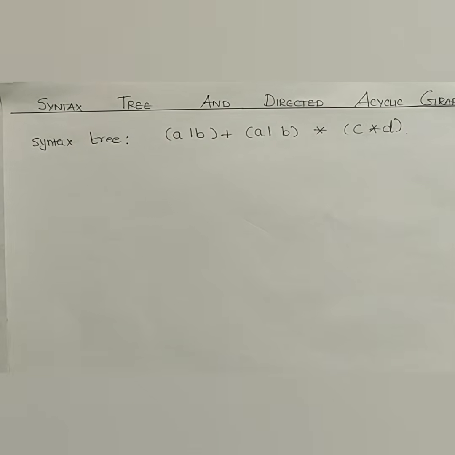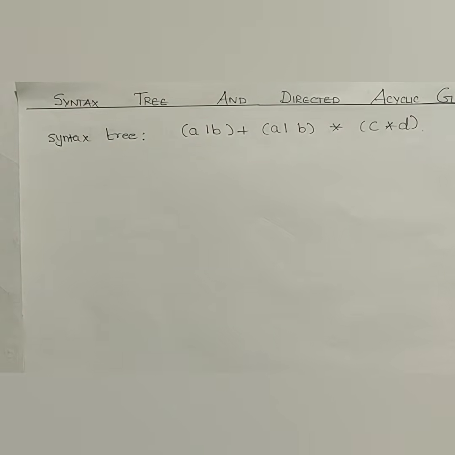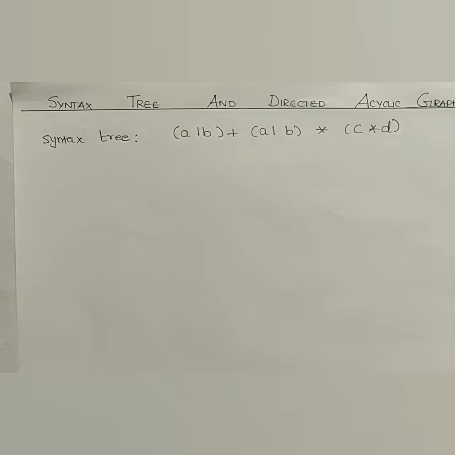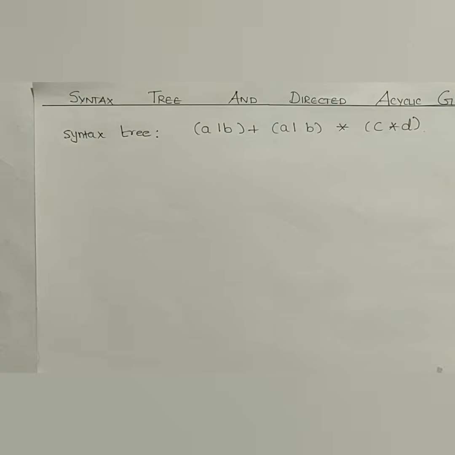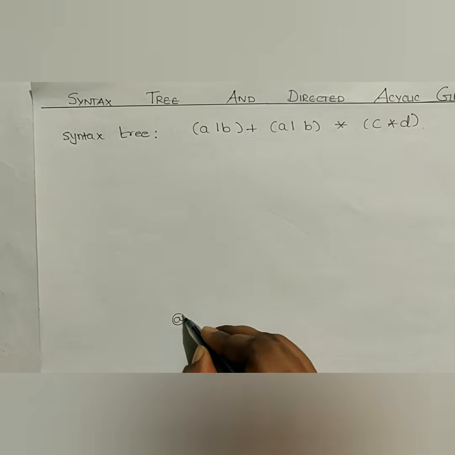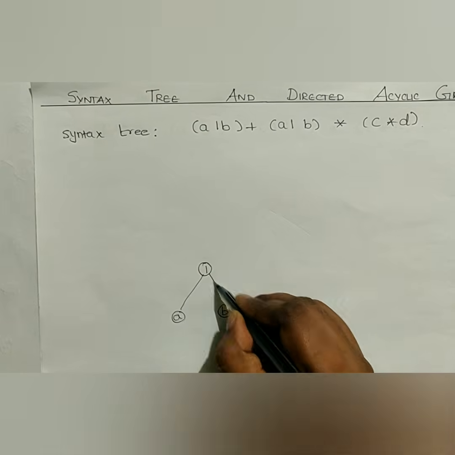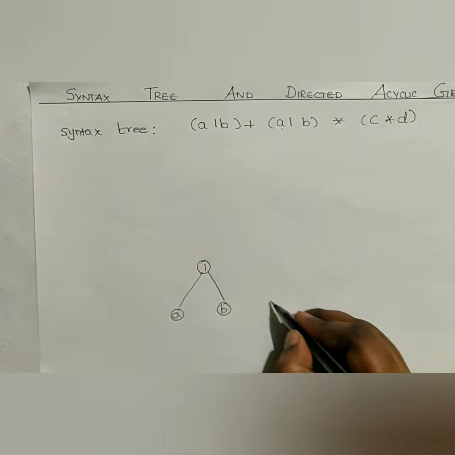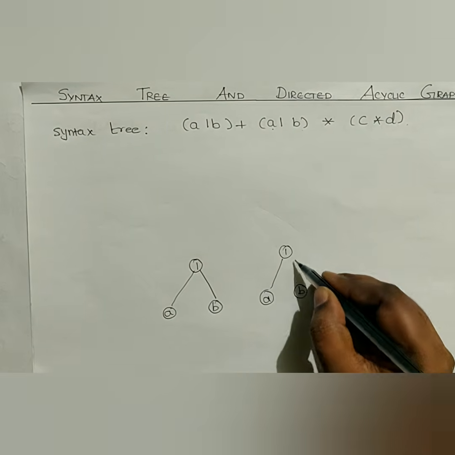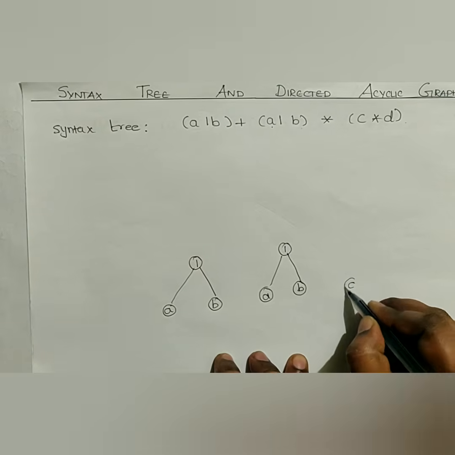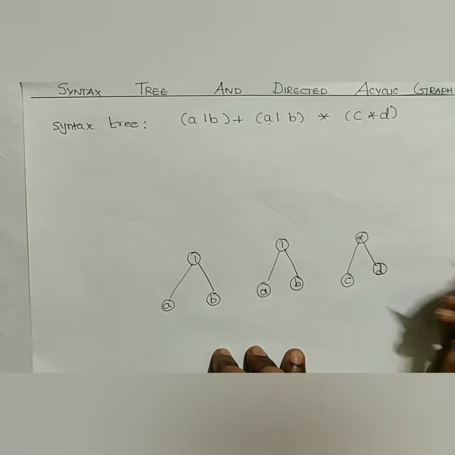Now we'll go for the syntax tree again. Why I am doing the syntax tree is to make you understand the difference between the syntax tree and the directed acyclic graph for the same example. And these two questions are university questions, for your information. So now go for the syntax tree. The syntax tree is very simple. I hope you also agree on the same point. A pipe symbol B is done. Then next bracket is again A, B, pipe symbol. Okay. Now the next symbol is C, star, D. Done. These three structures are done.